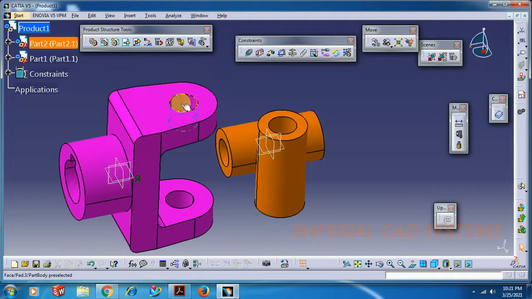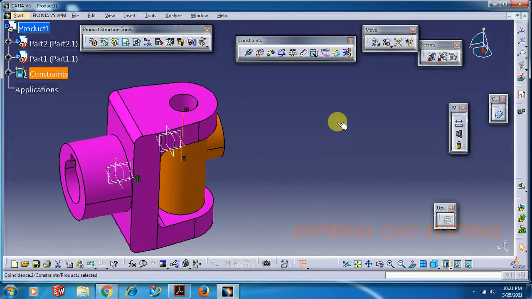Then we need to align this hole axis and this hole axis. For that, go for the constraint coincidence. Select this cylindrical surface and select this cylindrical surface. Now both the axes got coincided.